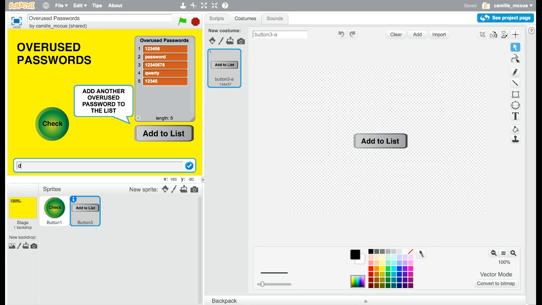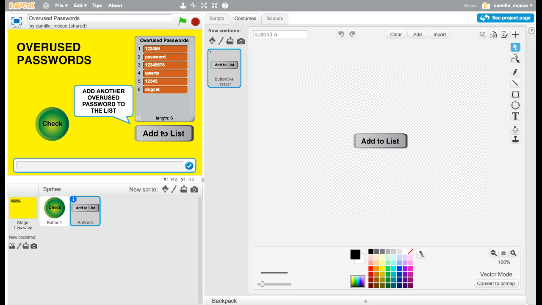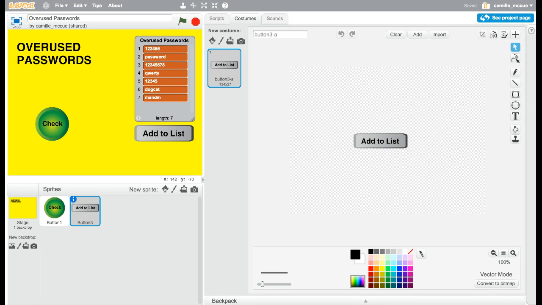What if it's dog cat? I'll type in the word, press enter, and you'll notice that a 6th list item has been added. Okay? Every time I press add to list, I can add a new word. Okay? Be M and M. And I will continue growing the list so that in theory, as my overused passwords in the world grows and